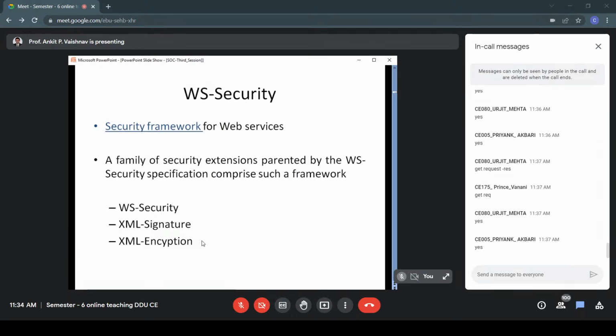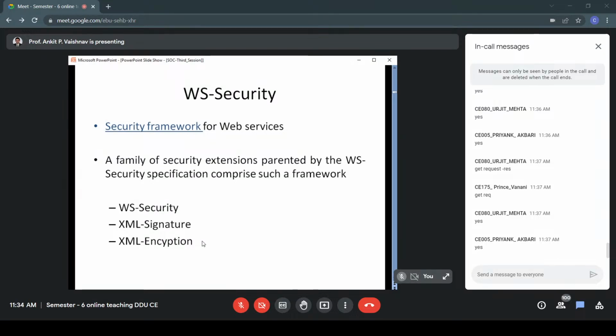In today's situation, these standards are absolutely necessary. So this is a family of extensions. Remember, it has three core specifications. There are many more, but I'll be discussing only 3: WS-Security, XML Signature, and XML Encryption.